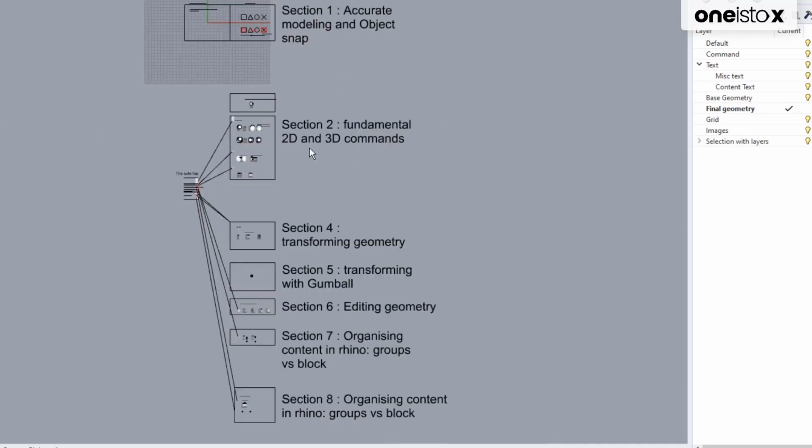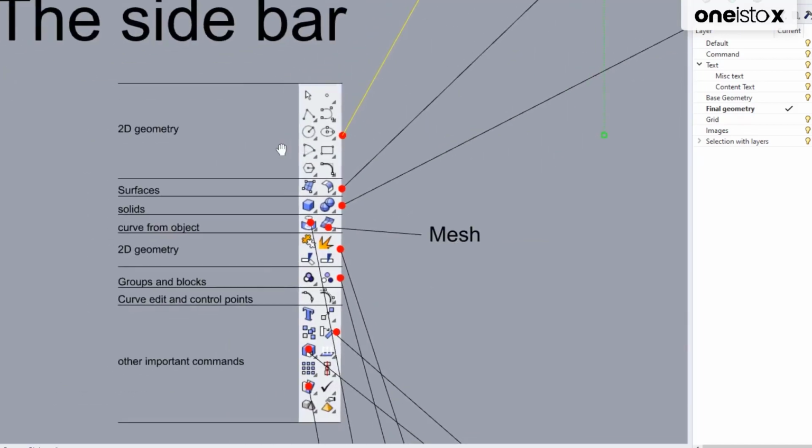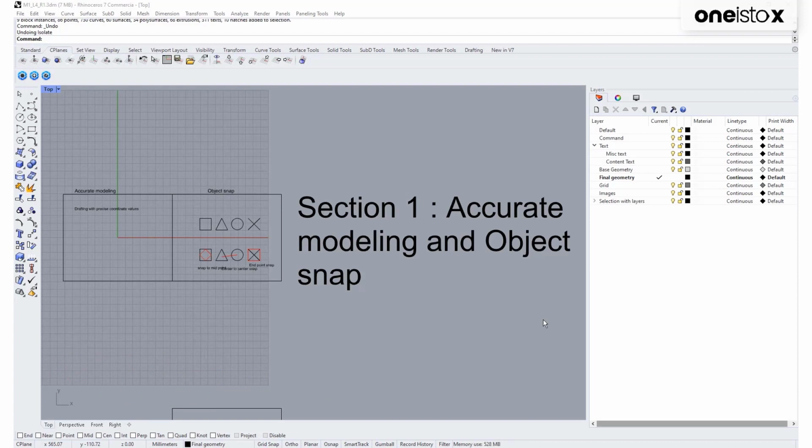For example, if we are working with 2D and 3D commands, we can direct ourselves onto the image here, and we can see the 2D geometries is a part of the sidebar starting from here till here. Section 1 talks about accurate modeling and use of object snap in Rhino. Let's start with isolating our content in section 1.